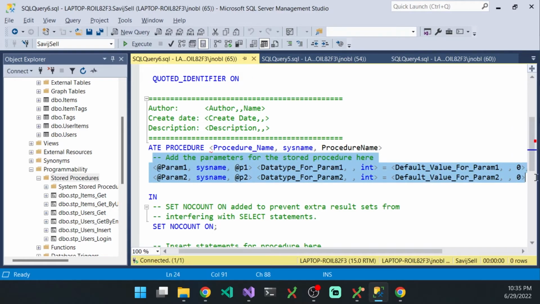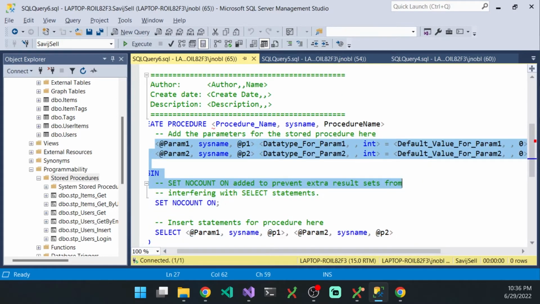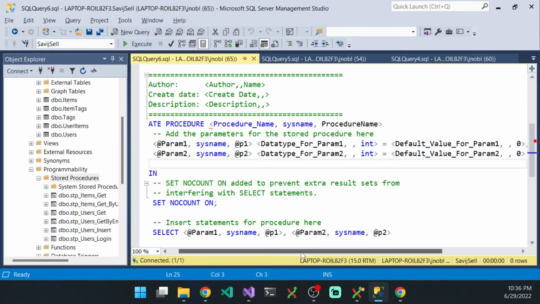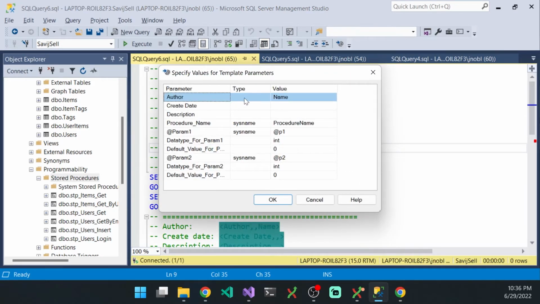We have two parameters. When you see this, a lot of people don't know this: you could just highlight and delete all this stuff. Or you can actually read what this says up here and hit Control-Shift-M. And if you do that, you get this cool little dialog where you can put the author's name and the